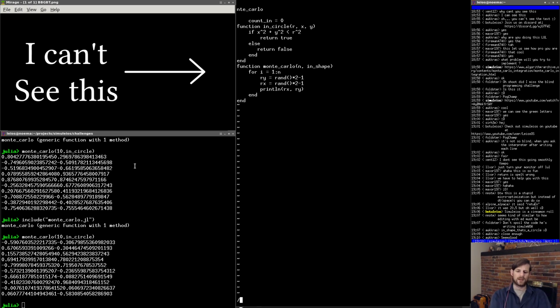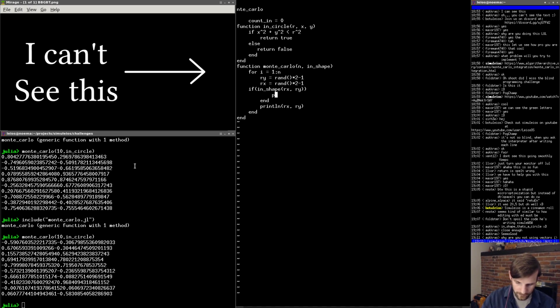Now I'm going to go down to Rx, and I'm going to say if in shape Rx, Ry, did I open it up with a parentheses or not? Is my spacing wrong? Probably. If in shape, I'm now going to print line